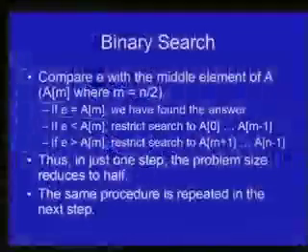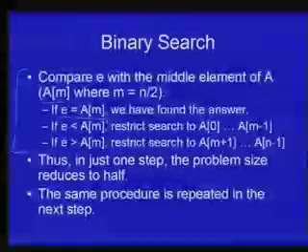And similarly, after the second step, we'll have only 1/4 of the array left that we have to search for E in. If we keep repeating this process, in each step we keep reducing the part of the array where we have to look by half. And so it is easy to see that in log n steps, the array size will reduce to 1 or 0, in which case the problem is trivially solvable in a constant amount of time.